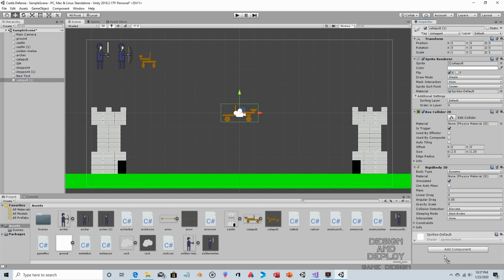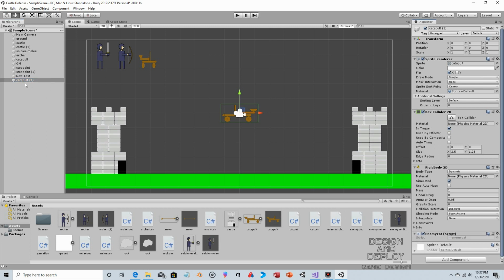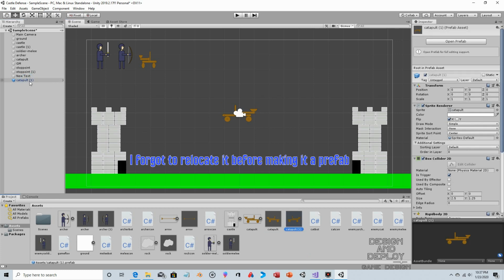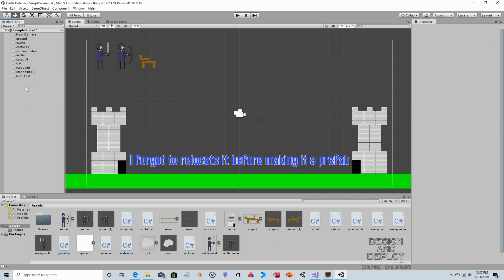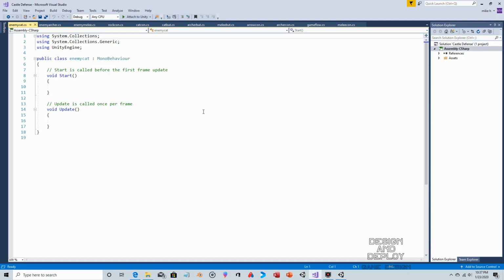So enemy cat, and now we have our prefab. So you drag the object from the scene into the asset area, delete the original up here, open the new script,